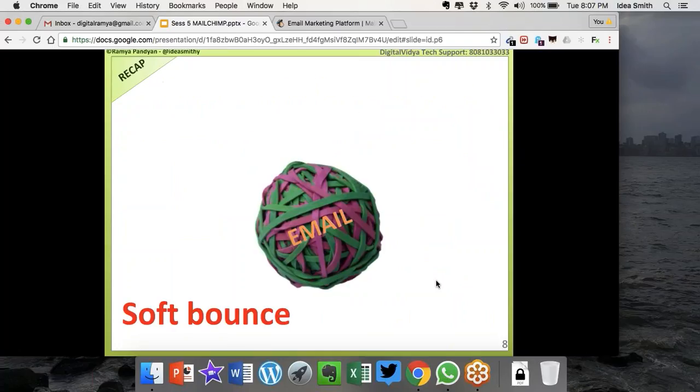The two types of bounces are called soft bounce and hard bounce. A soft bounce happens when your email is too large for the recipient mailbox, which means it has too many attachments, it's too heavy, or if the end recipient's mailbox is full, which means they have not checked their mail in a while and cleared the mail, or in a few rare cases, if their recipient's mail server is not